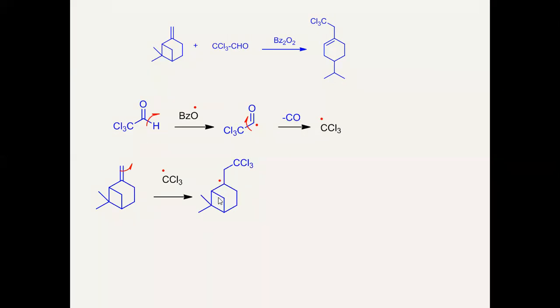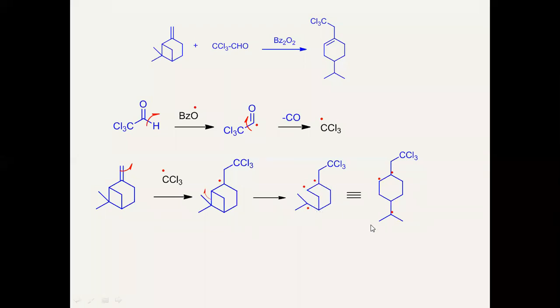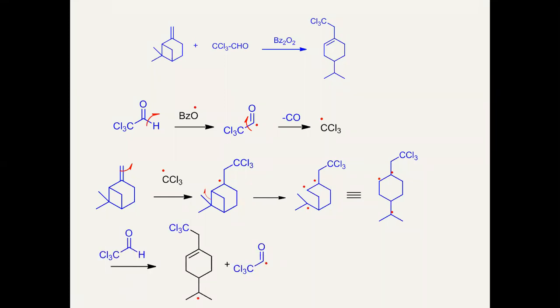Now what will happen? This bond, this bond undergoes breakage. No problem. This one undergoes breakage, and that will generate like this. And there is a formation of a bond by these two radicals. And you open this, or you can clean the structure. So a 6-membered ring is there. You can see the 6-membered ring, and at this fourth position there is an isopropyl radical. We can write like this.